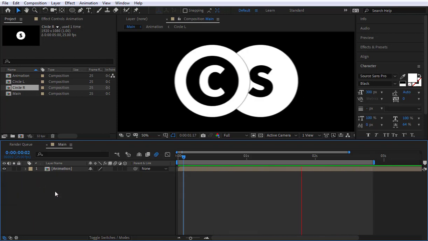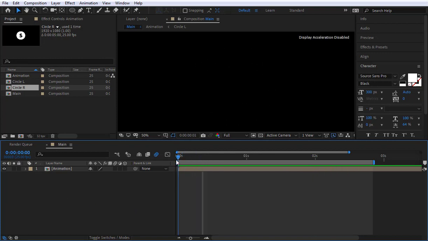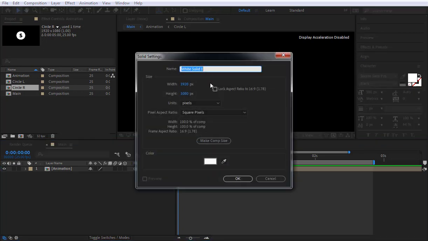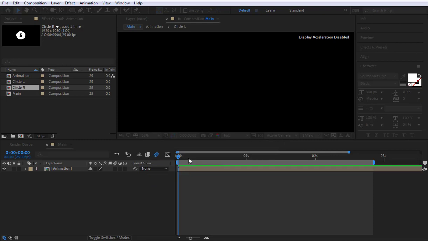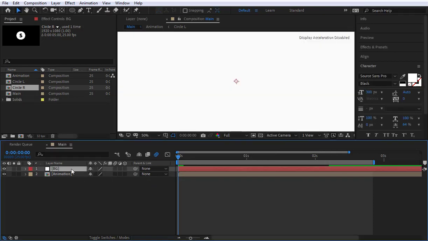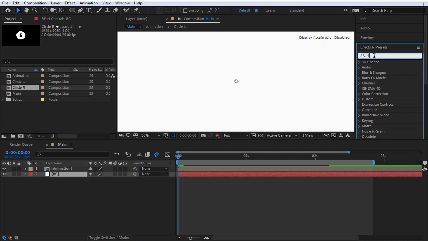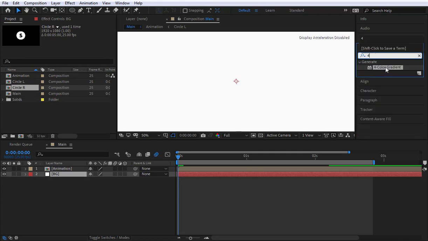Let's go ahead and add our background layer and just let's sign off. Go ahead and hit Control Y. Name it BG. Doesn't matter what the color is, just hit OK. Bring it to the very end. Let's go ahead on effects and presets and choose, just type in 4, and there we have the 4 color gradient. Just drag it in the background layer